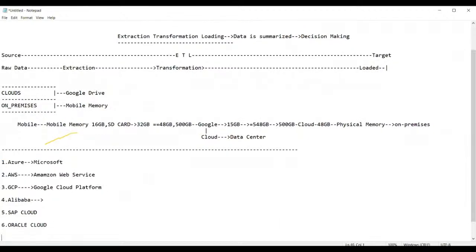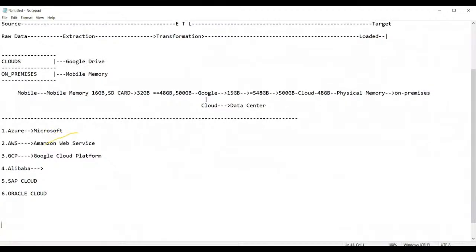Now, guys, these cloud services are basically classified or divided into three categories. What is the first one? IaaS. IaaS stands for Infrastructure